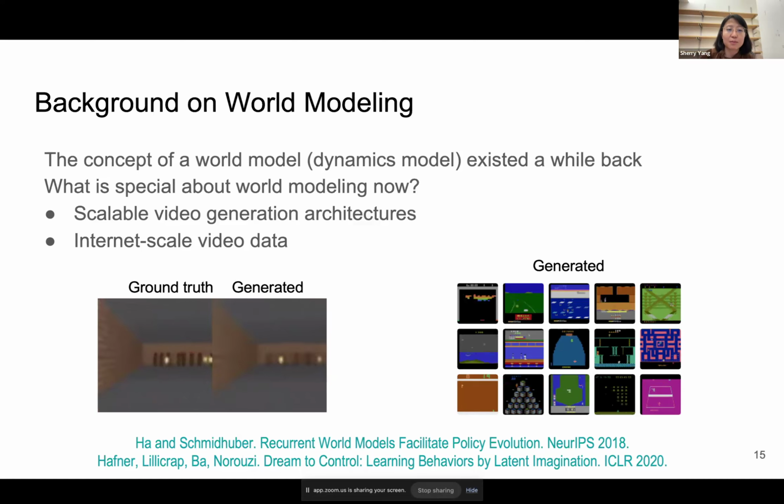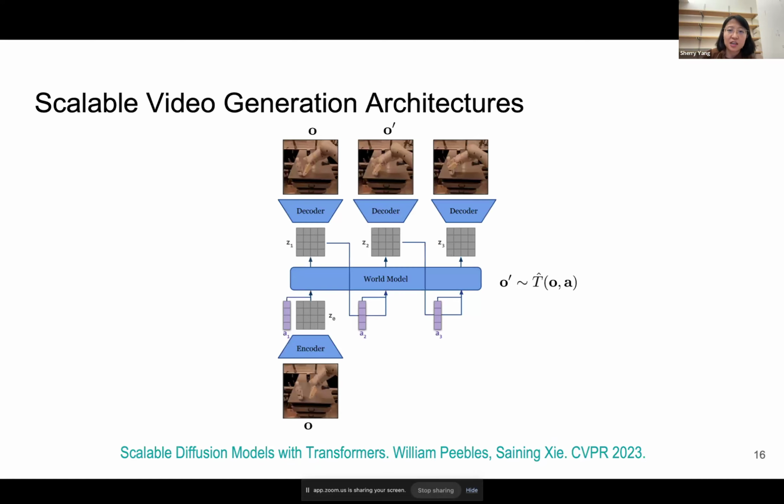And for that, let's talk about some examples of the video generation architectures. This is one of the works from NYU, where people have developed diffusion transformers. It tries to overcome the modeling of high-dimensional images by encoding them into some latent space and training an autoregressive model to predict the next latent token and then doing diffusion on top of that. Then the predicted tokens are decoded into the observation space. This is probably the most popular video generation architecture today.